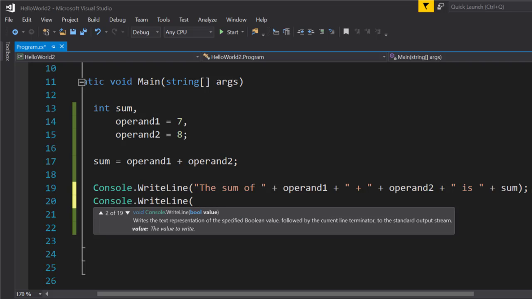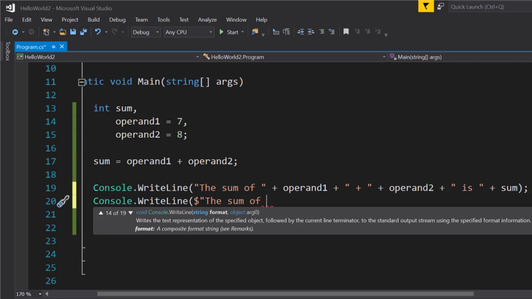With string interpolation, the first thing we're going to do is start with a $ sign right before our double quote, okay? And then we're going to do our string basically like this: "The sum of". I'm going to do the same exact thing using string interpolation, so these two lines are going to have the same output. The sum of, and what I'm going to do here is use curly braces,